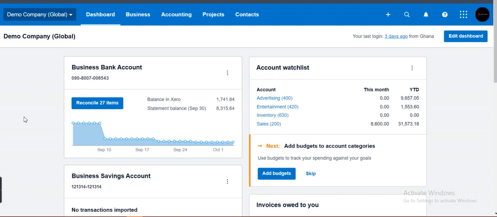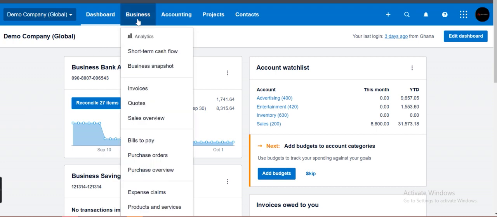So today we'll be learning how to create an invoice. In order to create an invoice in Xero, you can either start from a quote. When the quote is accepted, you convert that quote into an invoice, or you can create an invoice straight away. Let's look at the first instance, where we will learn how to convert an accepted quote into an